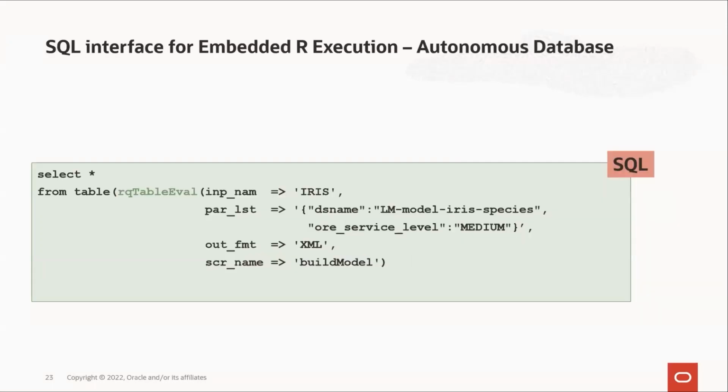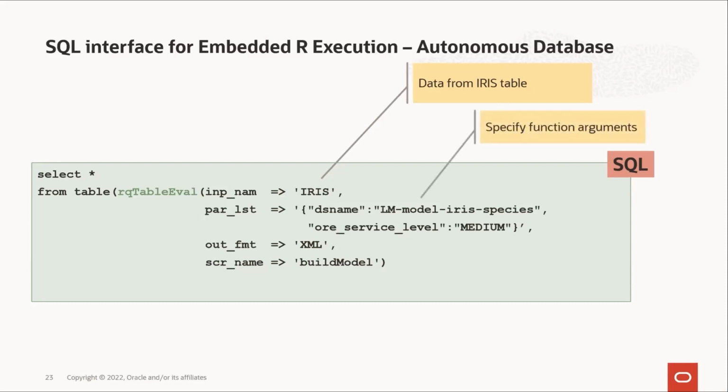Now we can invoke that same UDF from SQL, say to allow our application to easily invoke this function. We use the RQ_TableEval database table function since we want to operate on the dataset all at once. Of course, there are considerations for scalability when taking this approach, and that's a topic for another day. In the first argument to RQ_TableEval, we specify the source data table named iris. We specify the function arguments as a JSON string of name-value pairs, which includes the name of the data store,